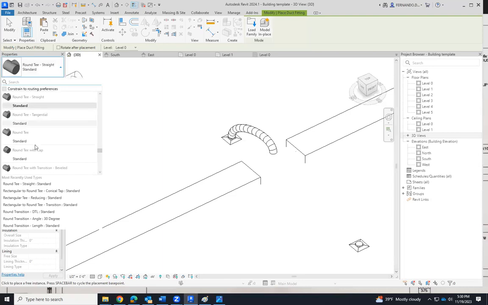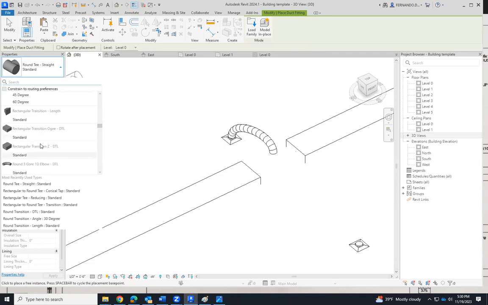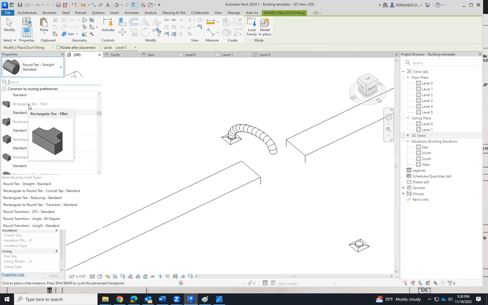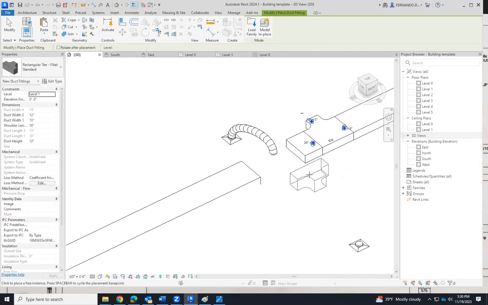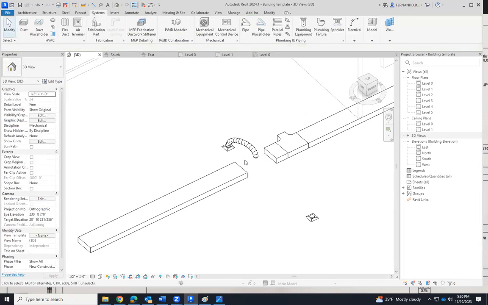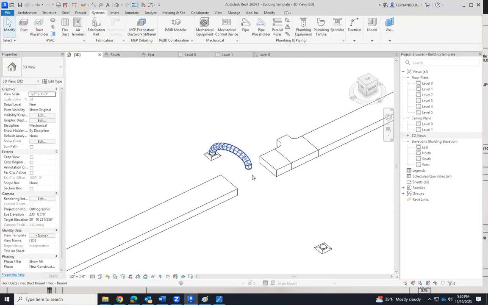This is a round T. No, I want a rectangular T. Okay, let's try this T. Like here. And now probably I can, if I connect this one,